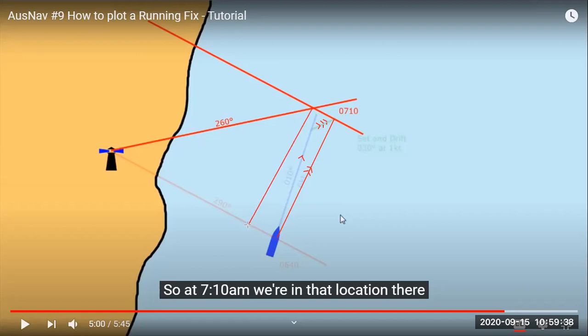we will transfer the course made good. This course made good is parallel to this line, whatever course made good we got here, and we will transfer it parallelly or draw it backwards from here, and this is our position for 0640, the initial position. The distance made good we can measure here, that is for half an hour, and we multiply it by 2 because it is for half an hour, we'll get the speed made good.